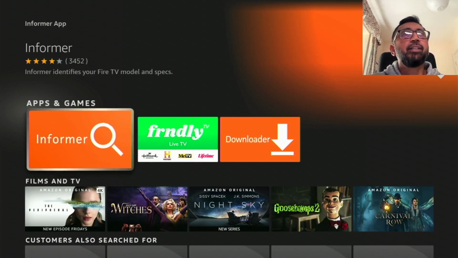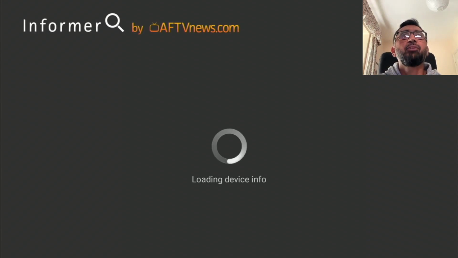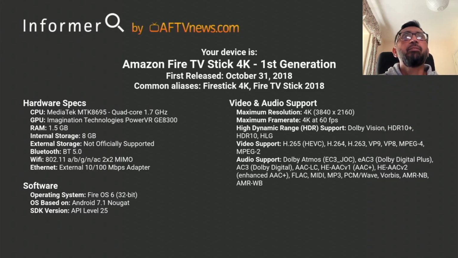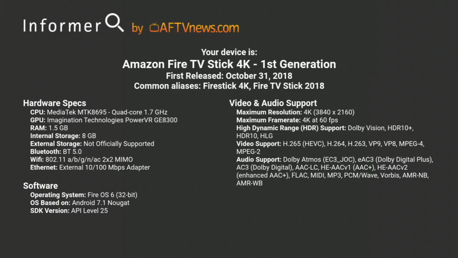Now just click on it and straight away it will start loading up the information from your Fire Stick. So you can see I've got the Amazon Fire TV Stick 4K first generation, and it was first released October 31st 2018. So some pretty accurate information here guys already. Now information like this will definitely come in handy if you want to know if you're still in warranty with your product. And below that we've got the hardware specs, and I've got the MediaTek quad-core 1.7 GHz model, and